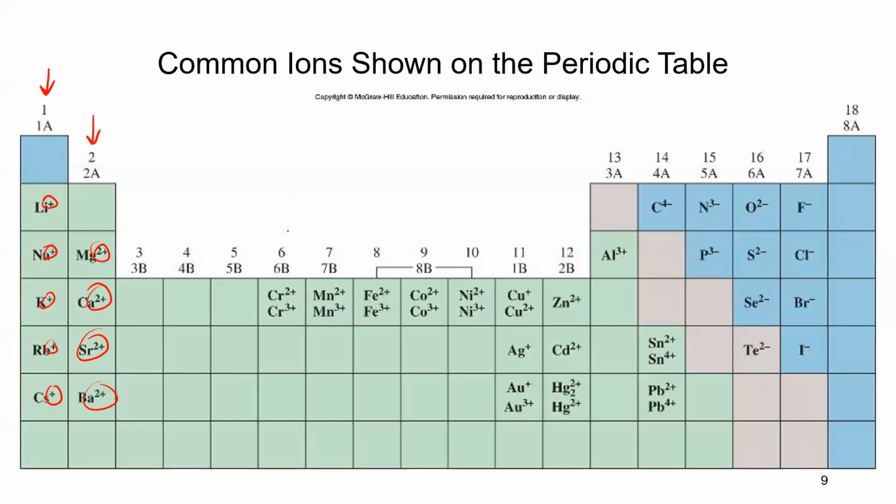But we come up here to group 6, and group 6, that's a +2 and a +3 on chromium. Group 7, a +2 and a +3 on manganese. Group 8, a +2 and a +3 on iron. And so these really don't fit any trend. So I'm going to jump